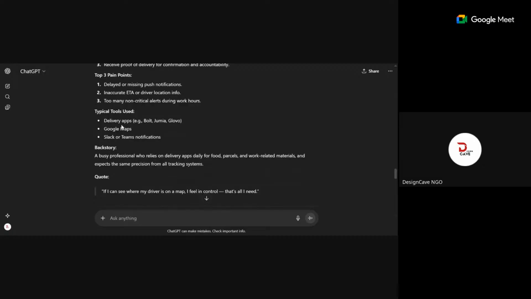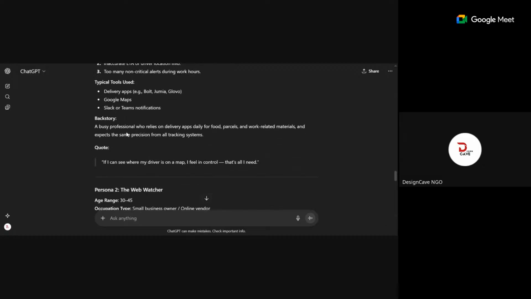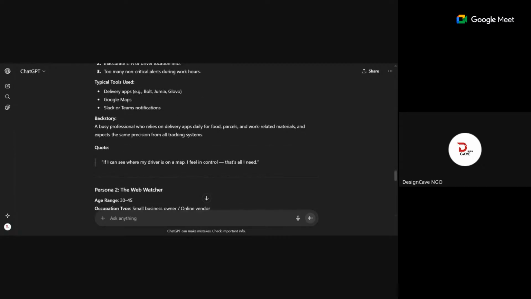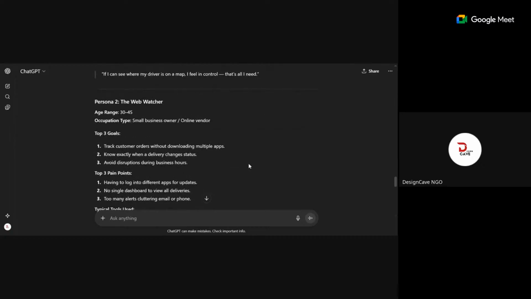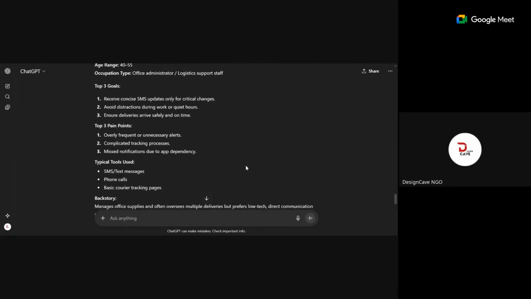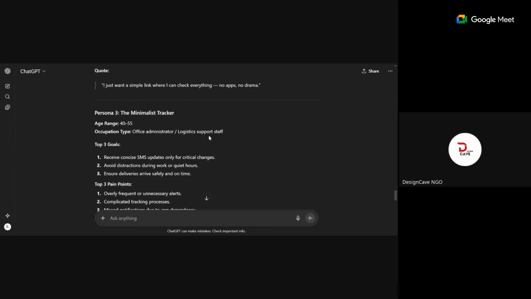So typical tools: delivery apps, Google Maps, just it. You cannot decide to change it. And now a quote that said, if I can see where my driver is on the map, I feel in control. That's all I need. It's relatable. You can tweak it to suit yourself. So these are the things that AI does for you, and it makes it very easy. This is office administrator or logistics support staff.